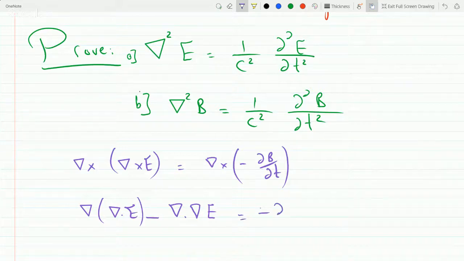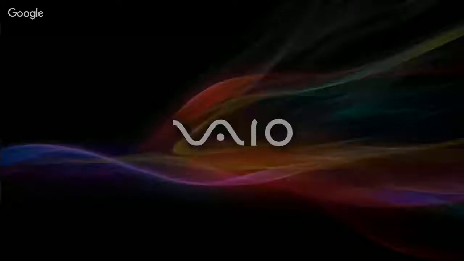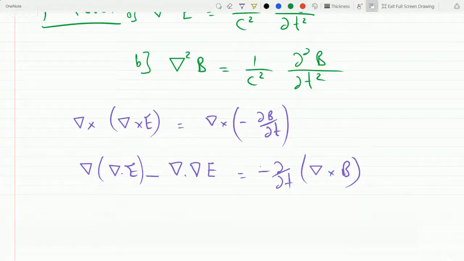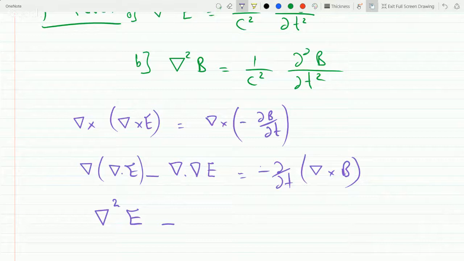And this is the same as minus d over dt. You can take the derivative outside of the curl of B. Okay. Now, this guy here is the Laplacian of E, minus. Now, we know that this guy is zero from the first Maxwell equation, and the second one would get you minus